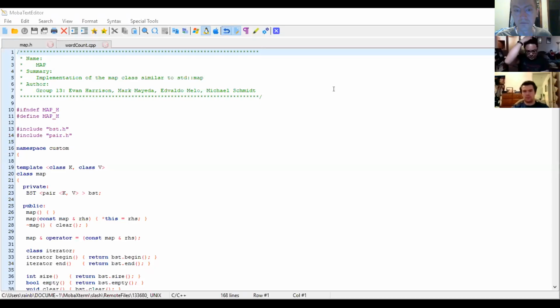Oh yeah, excuse me. In MobaX, is there a way to change the background to a darker color when you're editing? I don't think so. I think I've only ever seen people doing it with widescreen. Yeah, okay. Just wondered. What you could do is use MobaXterm as the place where you get your files from, then download your files to a folder and open them in your Visual Studio. That's what I do, but